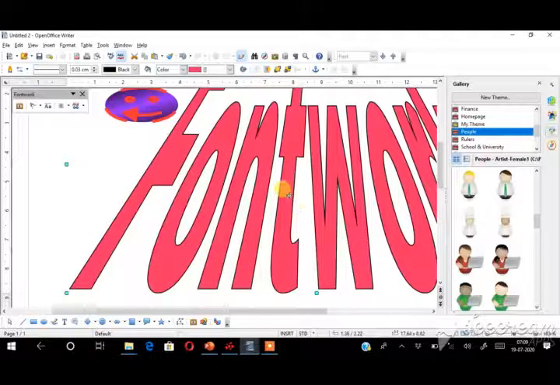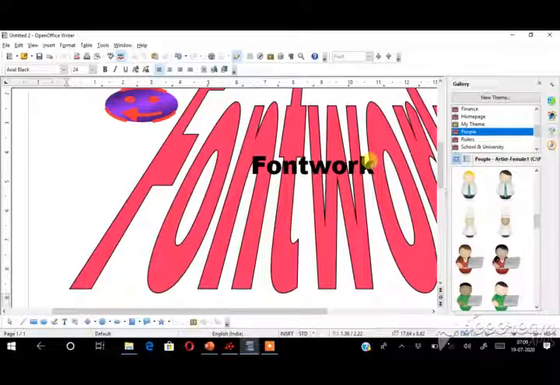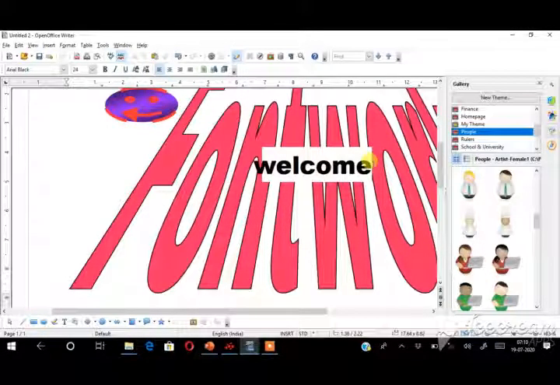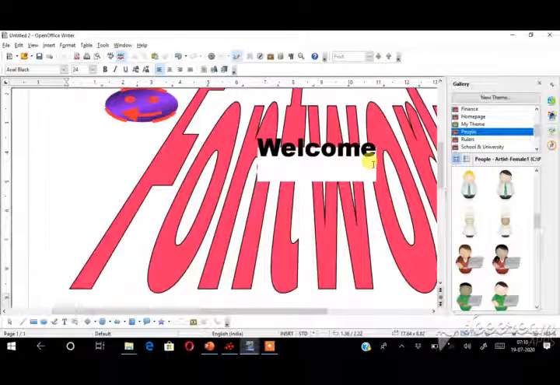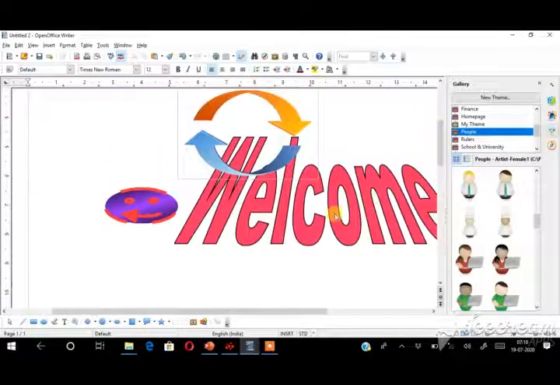So suppose you want to write any text in the border. At the center you have to double click. See here, one word is coming now here, font work. You have to delete that one and then type your own text and then press the enter key. If you want to type more content here, you can press the enter key. See here, and then see here. So now the word art style will be displayed. So this is the way you can set the beautiful work in your document.